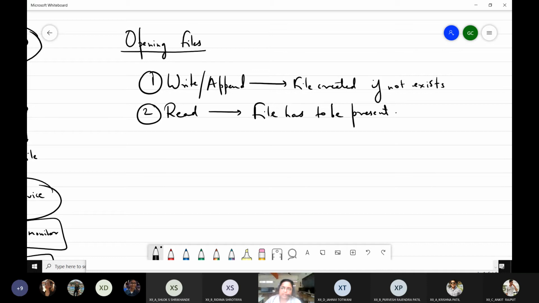But if a new book has to be added to the collection of the library, it is not necessary that it has to be there. A new book just has to be placed into the library, but if you have to read any book, it has to be present in the library, right? In the same way, the file has to be present if it has to be read, but if it has to be written or appended, then it doesn't need to exist, because your program will create the file and then do the write operation onto the file.